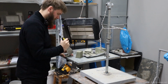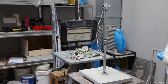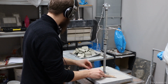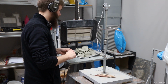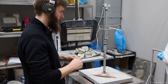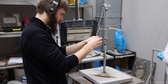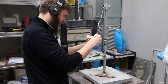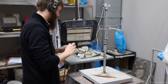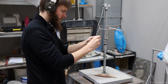Chavant NSP Medium is a pretty firm clay, so I make sure to heat it up before starting to sculpt, to make the process a little bit faster, and to keep my fingers from bleeding at the end of the day. I chop the clay up into small pieces, and this just speeds up the heating process. And I use a ceramic heater that I normally use for the model to make sure they don't freeze when they're standing there naked. And I put the clay on some aluminum foil